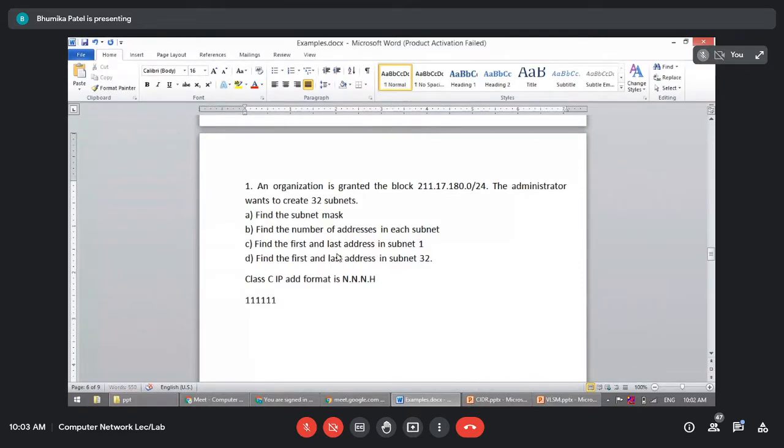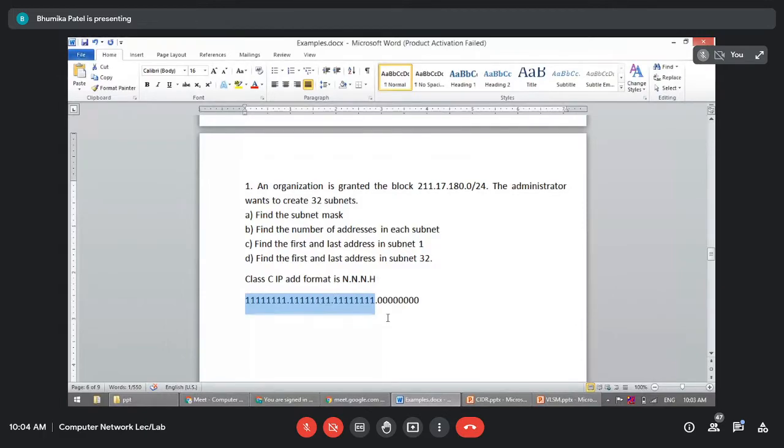So if I put all the first 3 groups of bytes as 1, that is the first 24 bits, and the remaining are 0, this is the default subnet mask, that is 255.255.255.0. And /24 means the first 24 bits are 1. So here the first 24 bits we have already used. Okay, that is, the first 24 bits are only for the network ID.